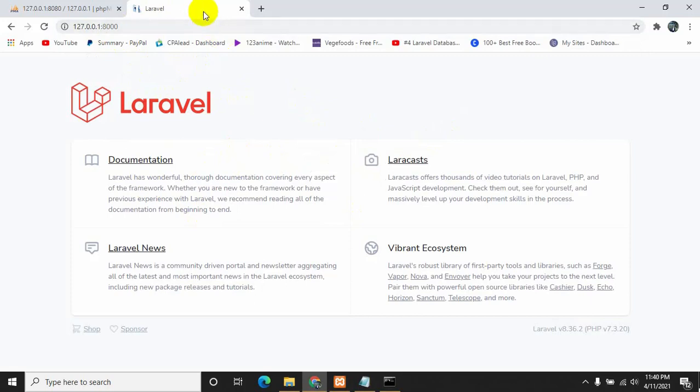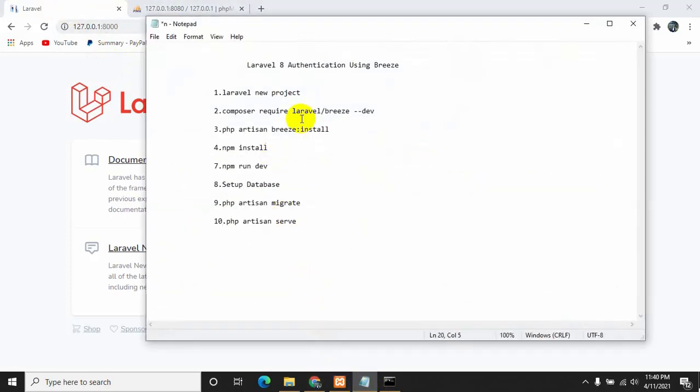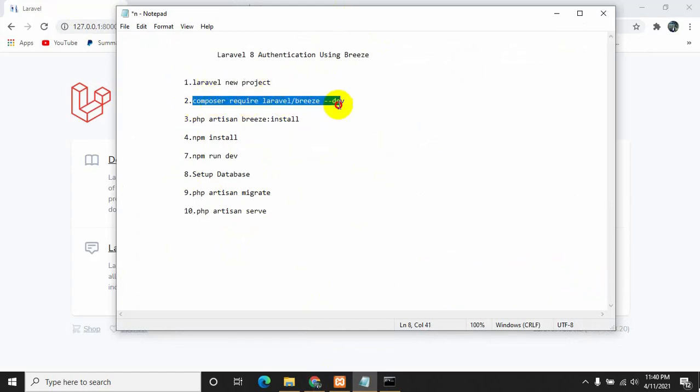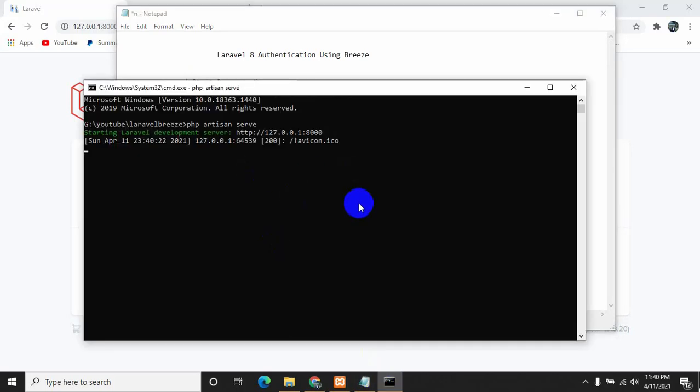Now we are going to add Breeze in this Laravel project. For adding Breeze, we need to write all those commands from here. We already created the Laravel project, so now we need to write this second command: composer require laravel/breeze.